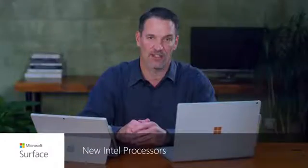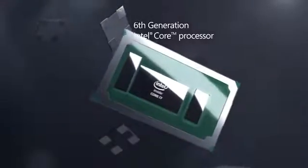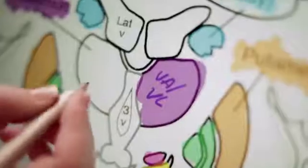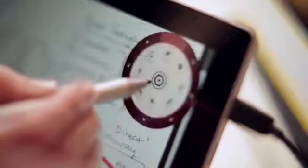Let's dive in. It's a good idea to start any demo with a brief discussion about the core physical features of Surface. The first thing I like to talk about is the power inside both of these devices. They both have Intel's latest generation Skylake processor, either in an i5 or i7 option. And with the same battery life, you're going to get a great boost in power and performance on these devices. For instance, the Surface Pro 4 is 30% faster than Surface Pro 3 and up to 60% faster than a